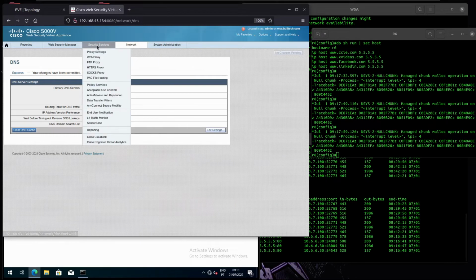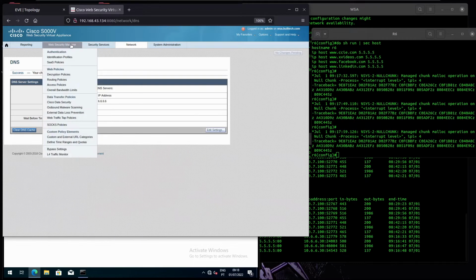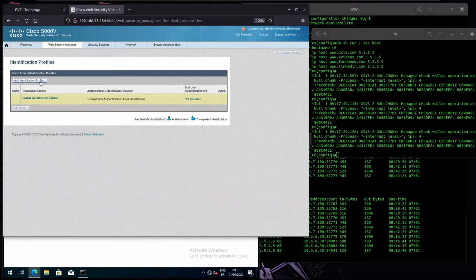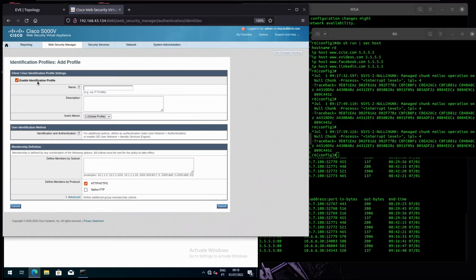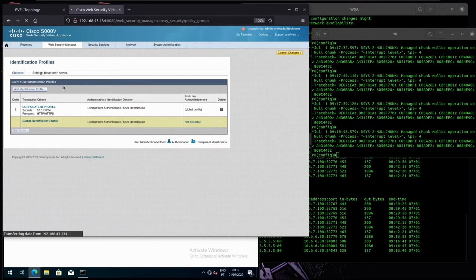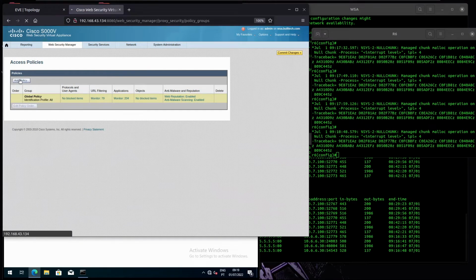So here on the proxy, let's create our policy. So first we're going to identify that network. So we have to create an identification profile. I'm going to name it corporate ID profile, and members for these are network 10.0.7.0/24, and we're going to submit. And now let's create the policy, the access policy. I'm going to add policy,